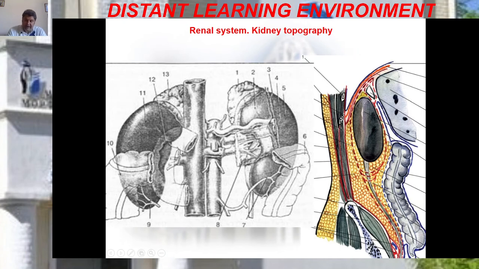On the medial margin of the kidney, the layers do not unite but pass separately to the midline. The anterior layer passes in front of the renal vessels, aorta and vena cava inferior, to unite with its fellow layer on the contralateral opposite side. The posterior layer passes in front of the vertebral bodies and is attached to them. At the upper extremity of kidney, both layers also invest the suprarenal gland.